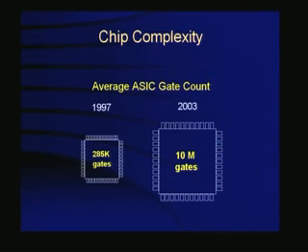The gate count, as I said, follows the same Moore's law. A chip which had 285,000 gates in 1997 can now be fabricated with 10 million gates in 2003. And a gate is a few transistors, all of you know that, a simple gate has at least about 10 transistors in it. So you can imagine 10 million times 10, 100 million transistors in a chip. We are now reaching 1 billion.